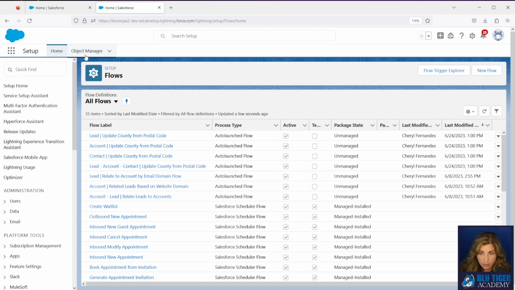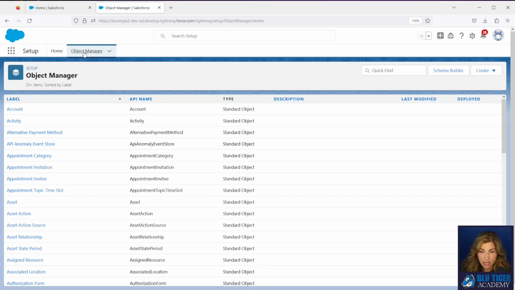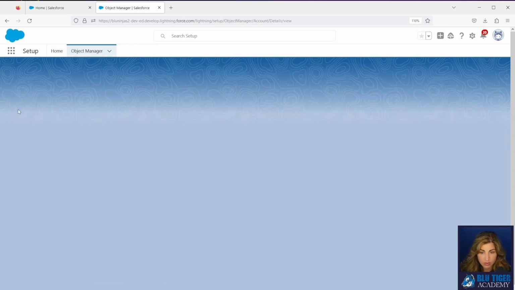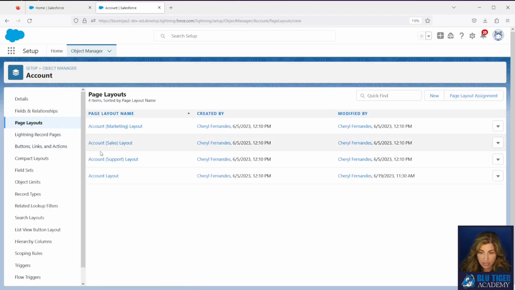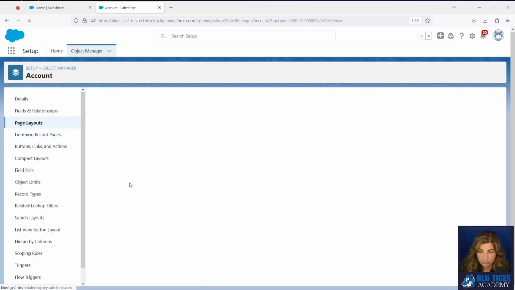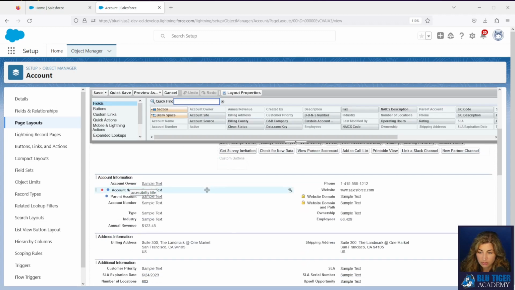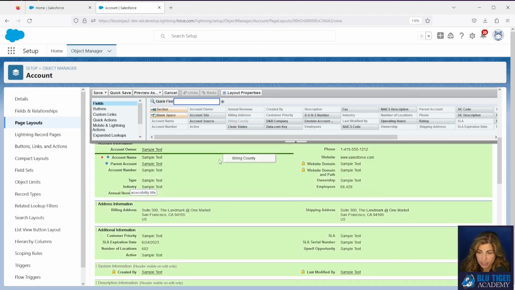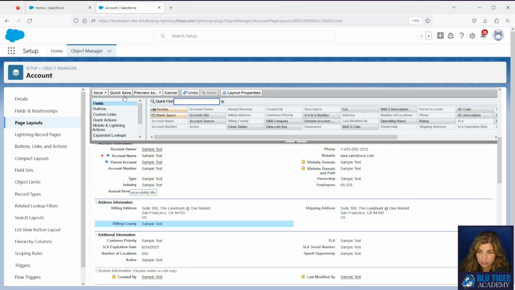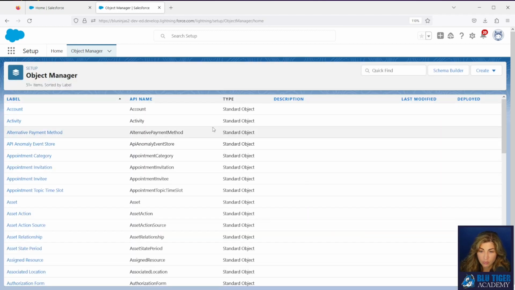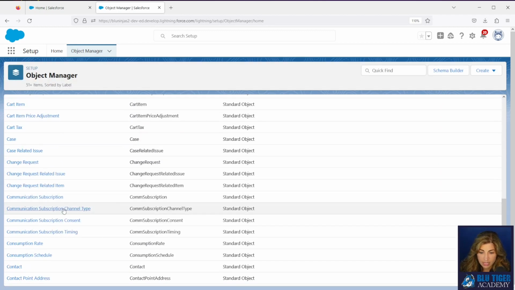Your next step will be to go to your lead, account, and contact page layouts and add the county field. So we'll go to the account page layout. Our billing county is right here. And we will drag and drop it down here. We will go to the contact next.